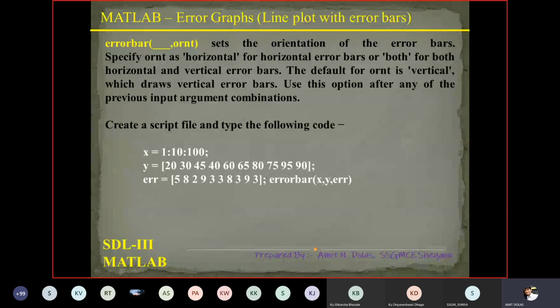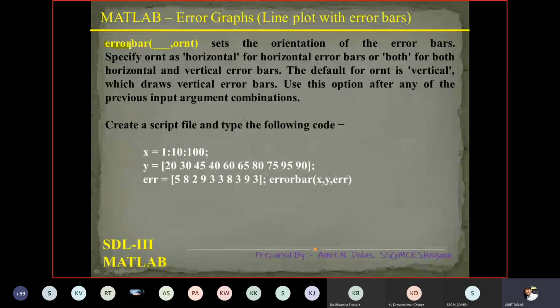Next is orientation, which is a syntax. As I mentioned, the error bar that came vertically in the previous example may be kept horizontal, or vertical as well as horizontal together, so a cross or plus sign will be there. By default, the error bar is plotted vertically if you don't mention orientation.